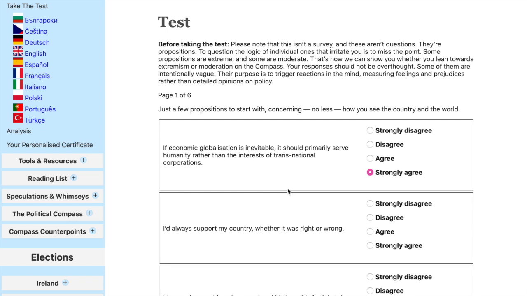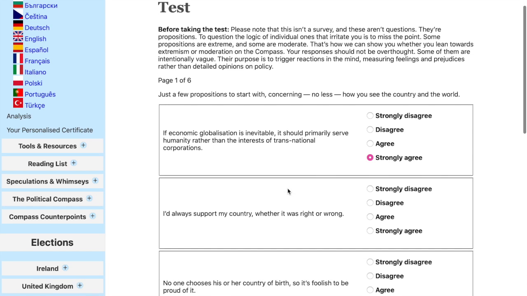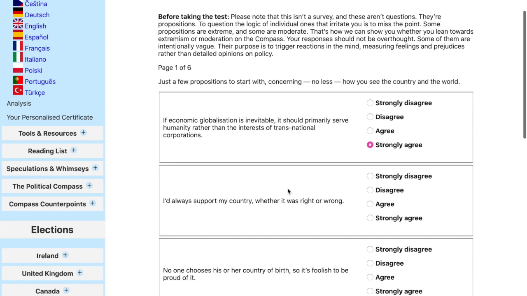I'm not irritated at the question. I am somewhat irritating myself thinking about people who would answer anything but strongly agree to this question. "I'd always support my country whether it was right or wrong." No, no, no. If my country does wrong, then my country needs to get its fucking act together, or niggas gonna riot, and niggas are rioting, and I support the rioters.